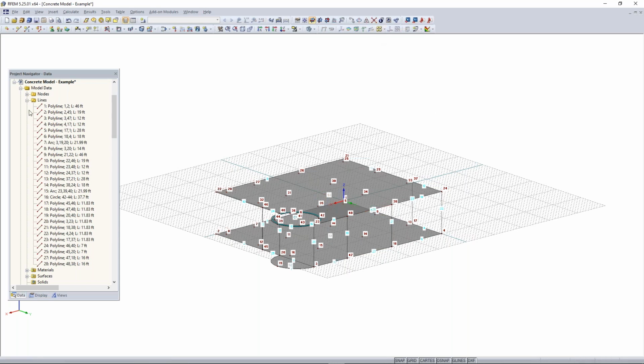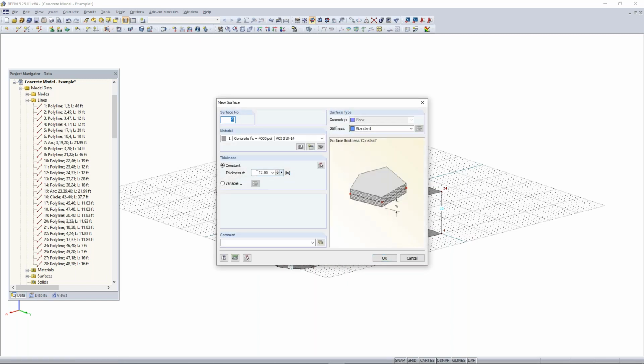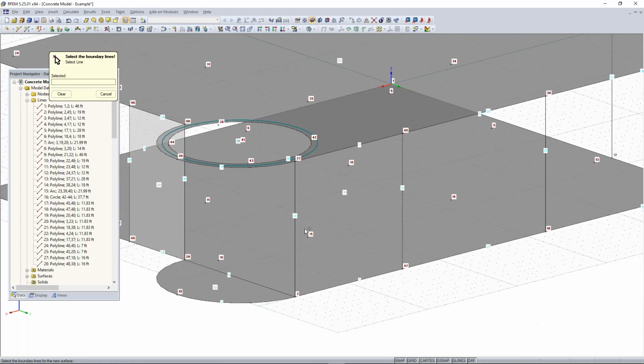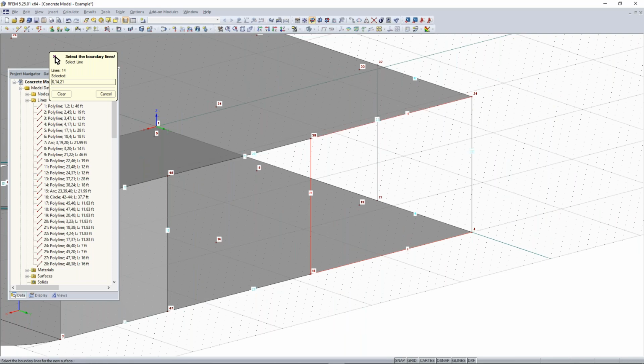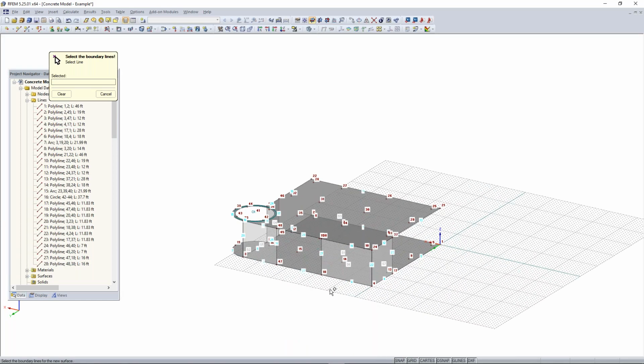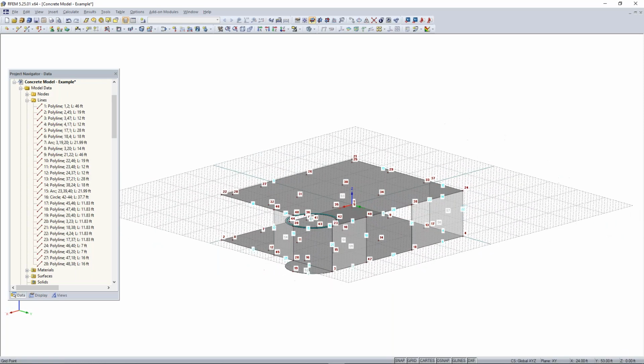So now we want to create our walls here. And again, we can use the new surfaces via boundary lines. And these walls are going to have a thickness of 8 inches instead of 12. So we'll change that. And then we'll get OK. And then I can simply just go around and select the boundary lines for our walls here. And you have to make sure you select these in a chain operation, so if I choose this line, I can't choose this line up here. I have to make sure I go around so they're all connected. And now you can see we have our flat walls there,